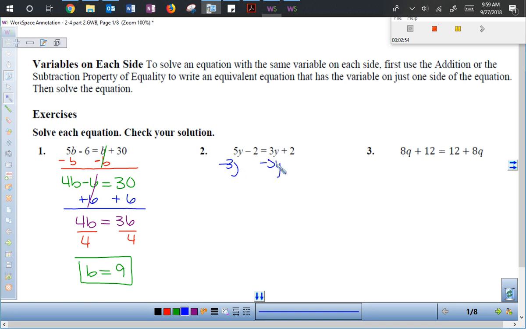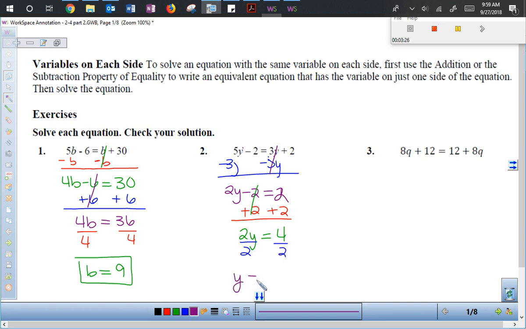That's going to give me 5y minus 3y is 2y. Bring down my minus 2 equals, these will cancel out, positive 2. Now I can get all of my constants onto the other side. I want to get the y by itself, so I'm going to add 2 to each side. And I'll be left with 2y equals 4. To get the y by itself, finally I need to divide each side by 2, and I'm left with